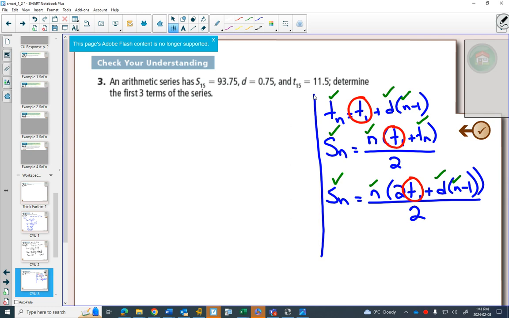But this is the process that you would have to do. Sometimes only one of the formulas will actually work. So you would have to decide, what information do I know? Is there a formula where there's only one thing I don't know? And if there's only one thing you don't know, then you can solve for it. So we'll use the formula that